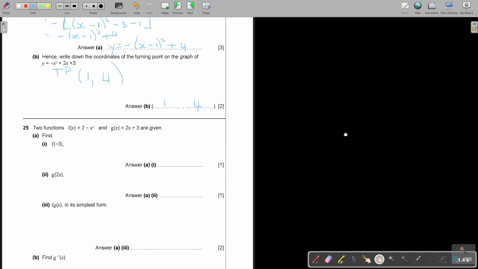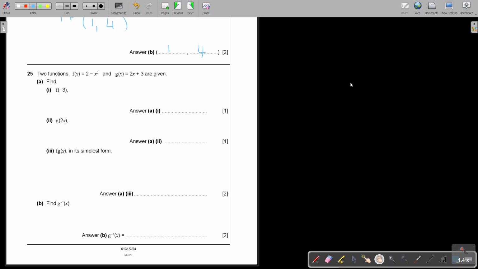And then the next question, this is functions. So where will I find it in the y equals mx plus c mathematics textbook? At functions, page 227 and example 2. That's going to help you. Okay, so find, again, this is f, so I write down the function f first. And then I substitute the -3.